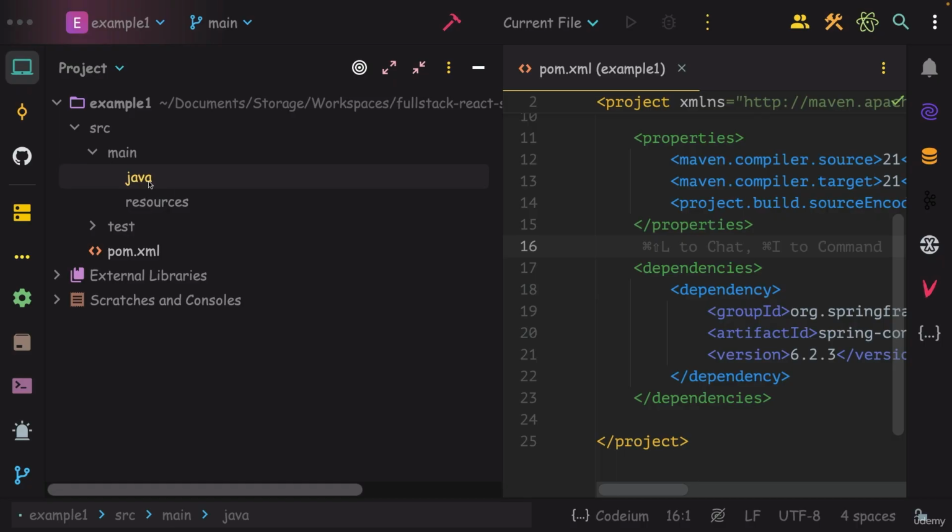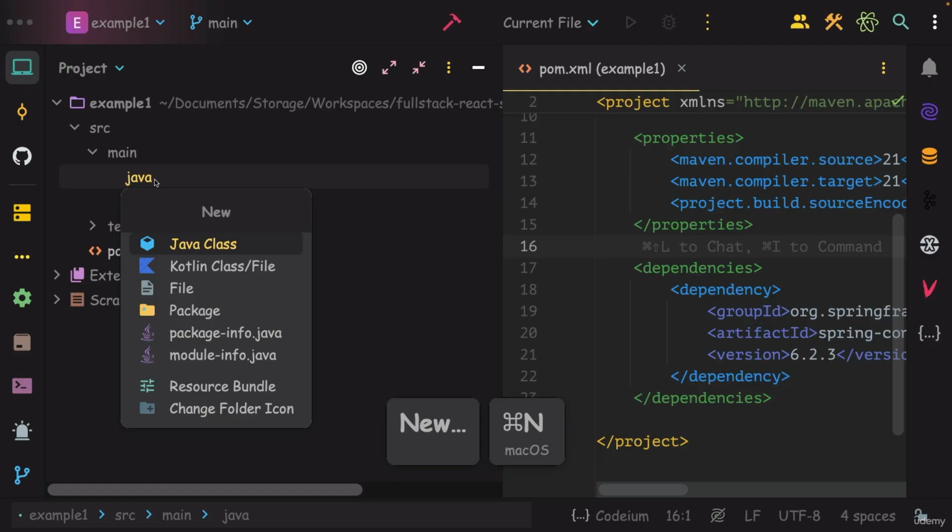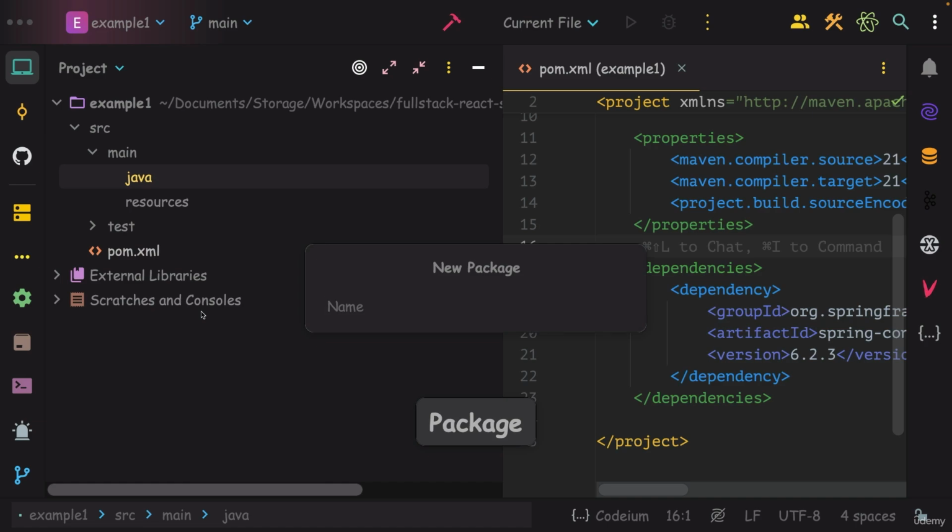Since right now I'm looking to define some business logic with the help of Java programming language, under the Java subfolder, I'm going to create a new package. I'm going to press shortcut Command N. Inside Windows, it is going to be Control N. And with that, you're going to get a pop-up here. You need to select package because first I want to create a package. The package that I want to create here is